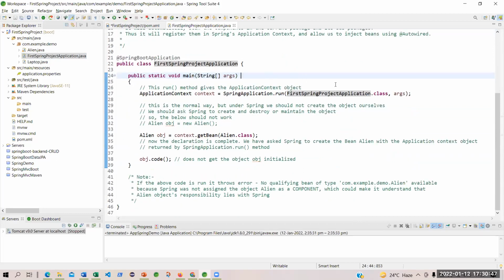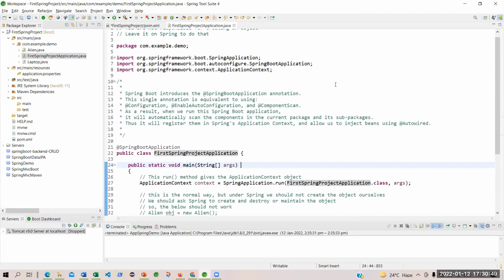But it is the entry point for the project because it has the main method, static. You do not need any object to start with the main method. You can call the main method from outside without creating any object. That is what we have learned in Java, right? So the Spring Boot project has given you one class automatically.